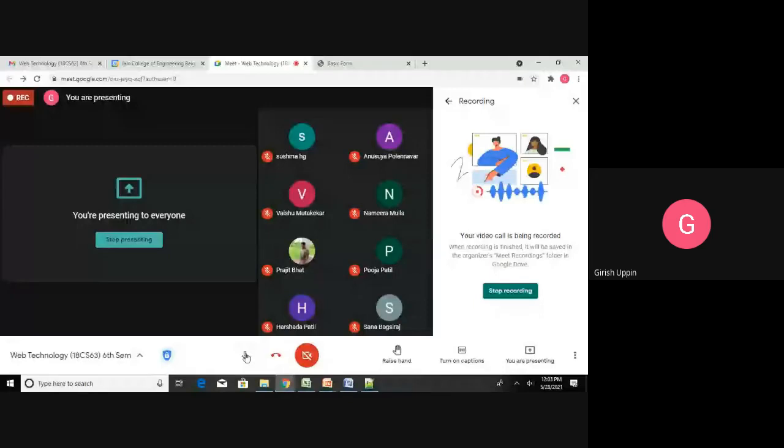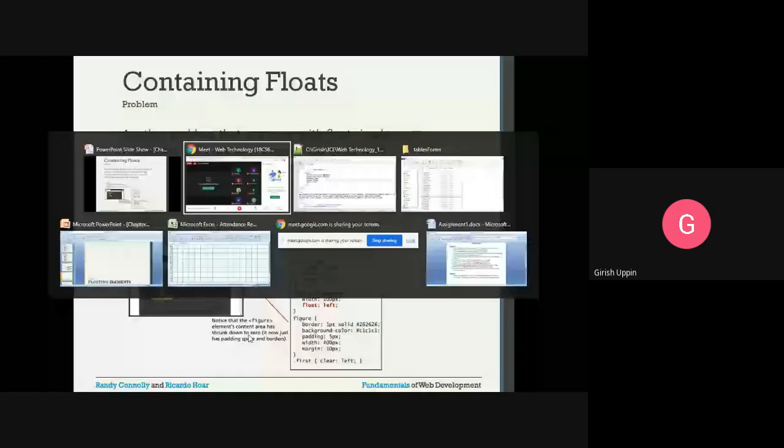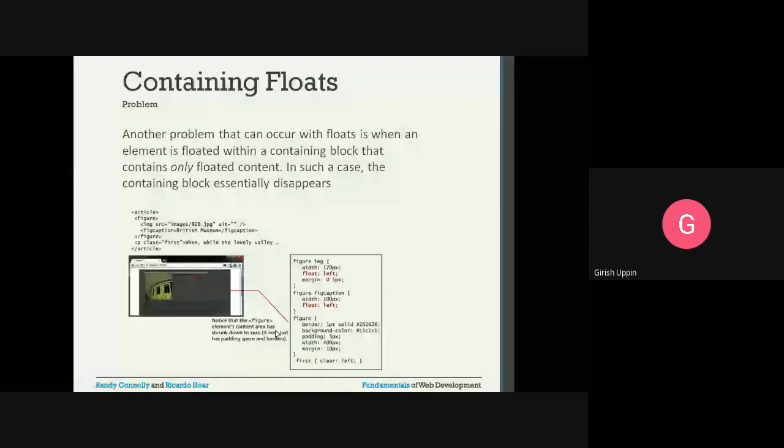All right. Now you can see this is the containing block that we have. The containing block will essentially vanish. Why it will vanish is inside this figure. You can see this is the figure, and for that the border is specified here. Border is 1 pt and everything is specified here. So we should have seen all the border along both the figure and the figure caption elements. But how this looks is that it has almost disappeared.